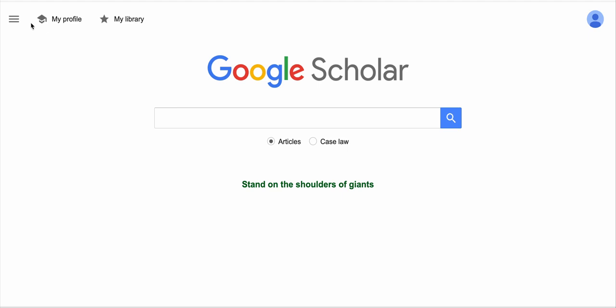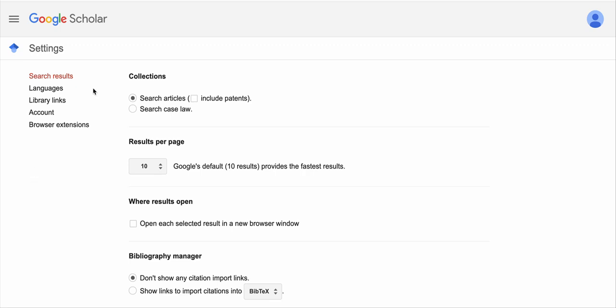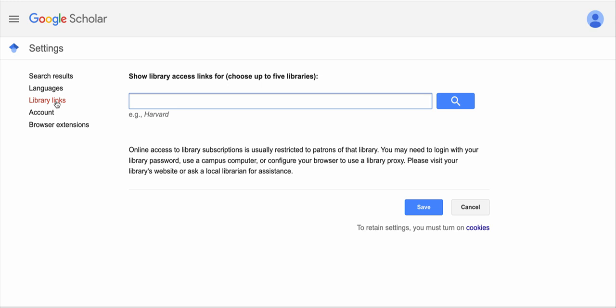So we're going to navigate over to this left side corner, click on this three-line menu, which opens up and then allows us to scroll down to settings at the bottom. This menu here allows for other search customizations, but we're going to specifically use the settings to bring us to this library links option in that left side menu. And from here, we're going to search for our institution, Shoreline Community College,